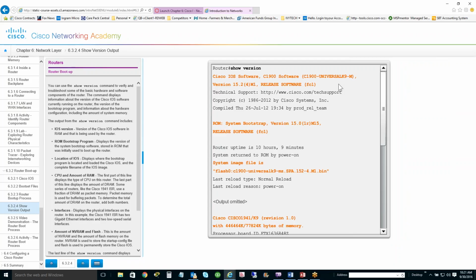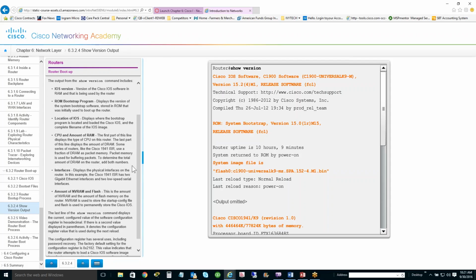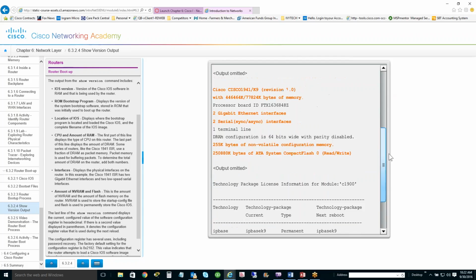And they talk about the show version command, and what information that tells you. It tells you some nice information, such as what IOS version you're running, what your bootstrap is, where it got its IOS, the amount of CPU and the amount of RAM, which is really important, especially if you're looking at doing any kind of feature upgrade to a router. You've got to make sure that whatever you're going to install is going to run based on the resources that router has. The interfaces that are attached to it,